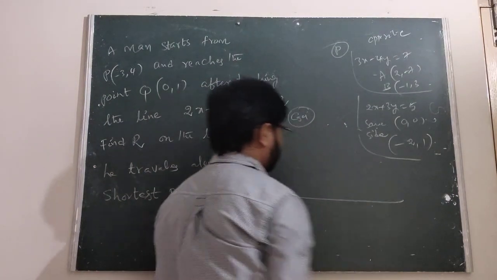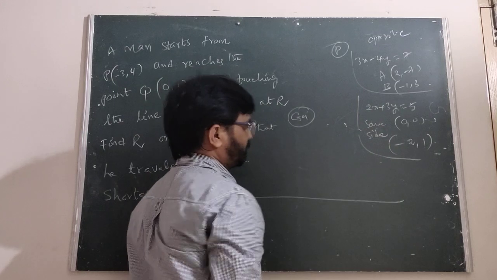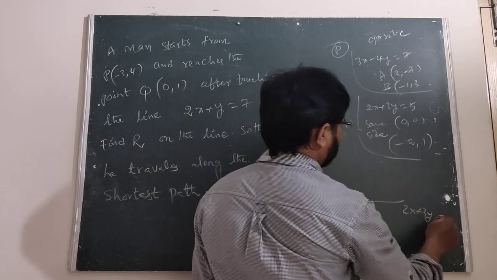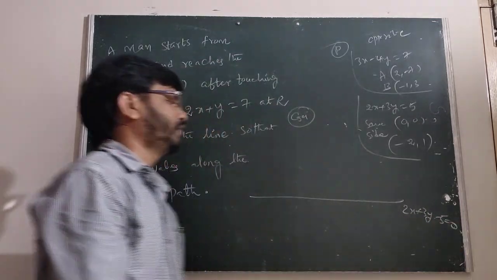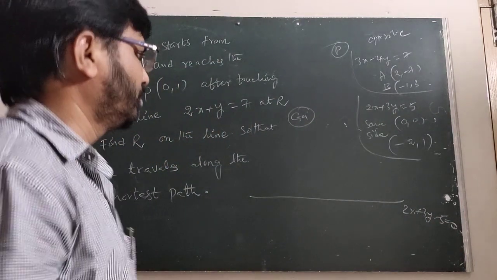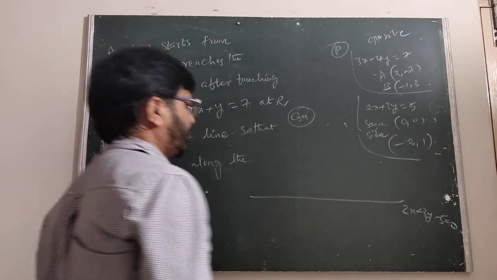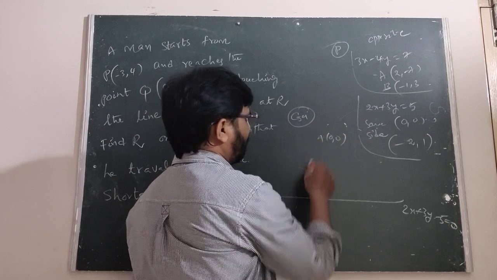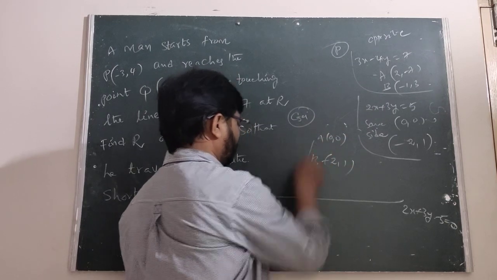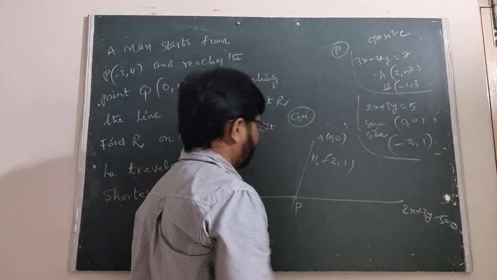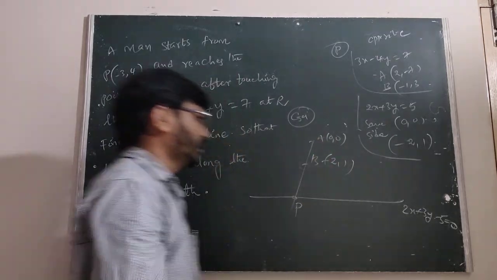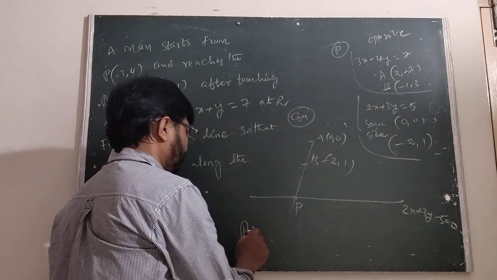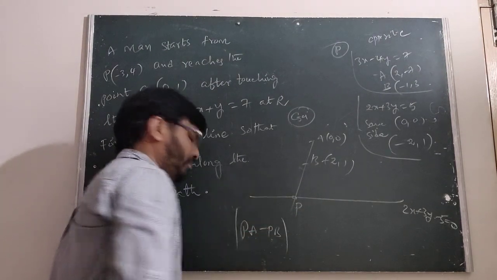That means, suppose here these are on the same side. You are looking here at the line 2x plus 3y minus 5 equal to 0. Now we are going to the same side of the line. Therefore these are on the same side. Suppose this is the point A (0, 0) and another point is B (minus 2, 1). Suppose you take P as a point, with A and B on the same side of the line. How to find PA minus PB?